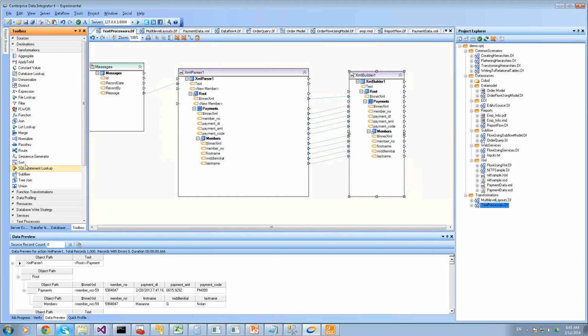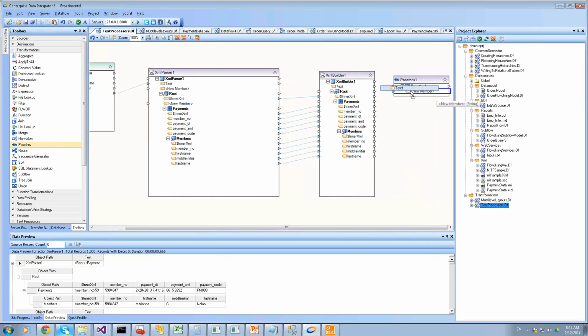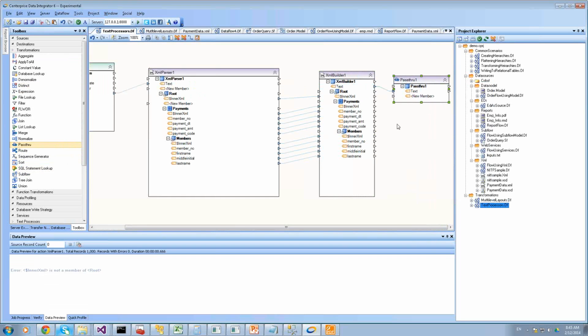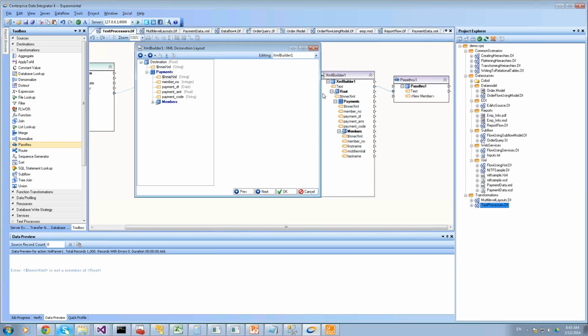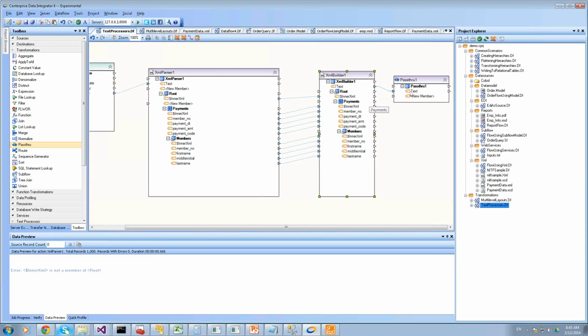And now I have, take our trusty pass-through here, and take the text output node, and I have inner XML is not a member root. Now I got to remove this one. Okay, I got to remove one of these. It's not liking this inner XML. But the point being is that I can take this XML and then just remove it from the